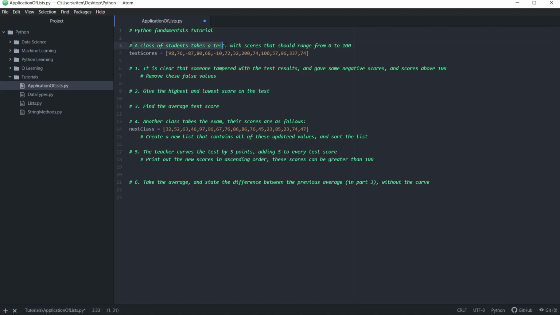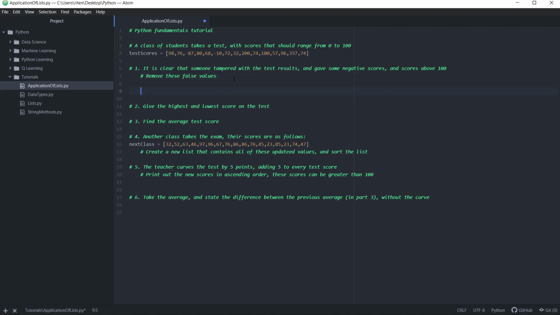A class of students takes a test with scores that should range from 0 to 100. It's clear that someone has tampered with the results and gave some negative scores, and scores above 100. Remove these false values. So we can see we have negative 87, negative 10, 200, and 337, right? So these are scores that students shouldn't be able to get. So to fix that, we can loop through the list and check if each value is reasonable, right? So we're going to use a for loop, right? So for each score in testScores,